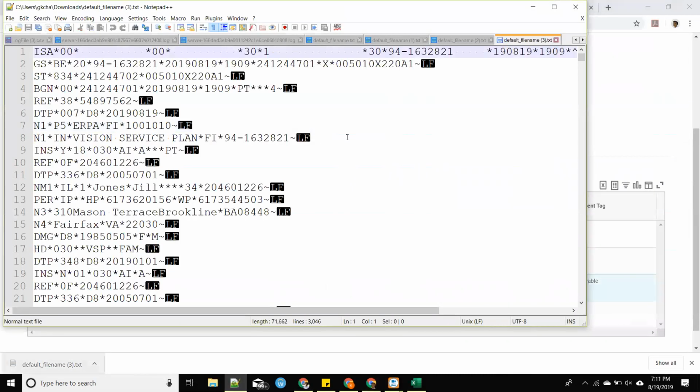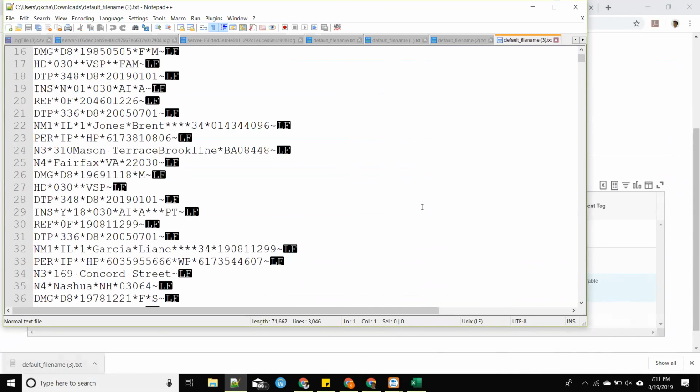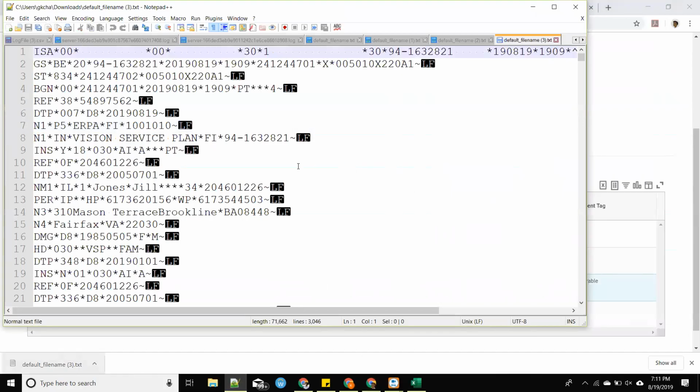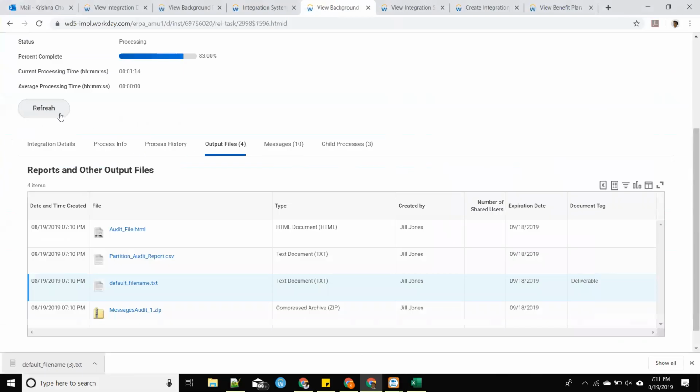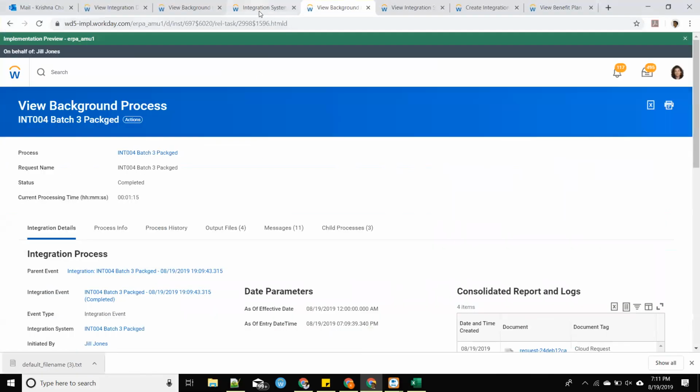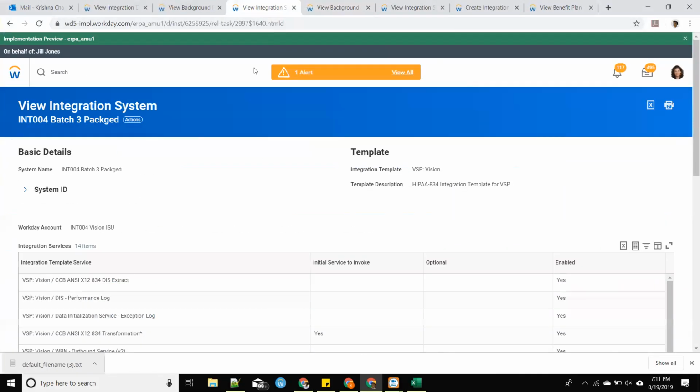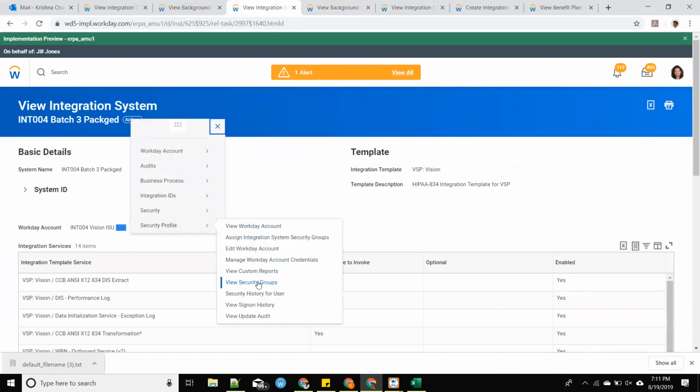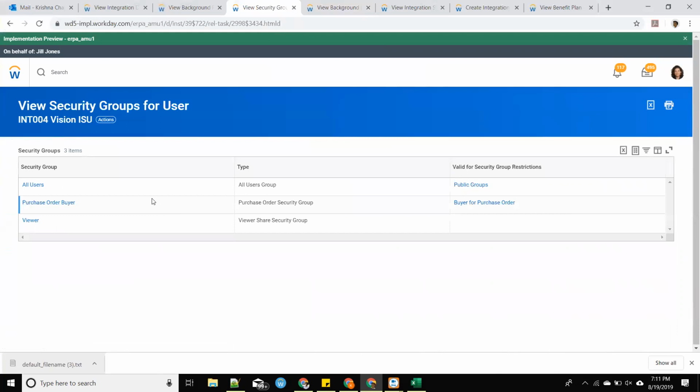If I open this guy here, what the heck? It did not have any security. The reason I'm stunned is this guy does not have any security. How come he got all the